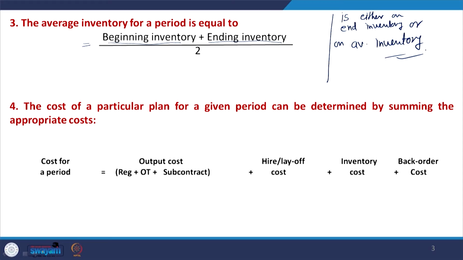You have to see which is more applicable. If in your system inventory accumulation is happening in steps, mostly all around the end of the period, it is better that you calculate the inventory holding cost on the basis of end inventory. But if inventory is being developed over a period of time because of a constant rate of accumulation, then it is better to calculate the inventory holding cost on the basis of average inventory.